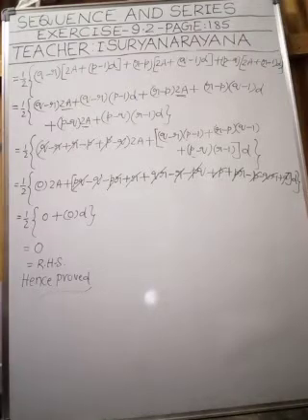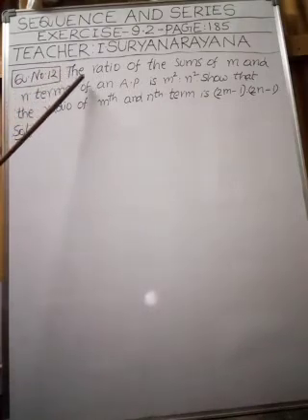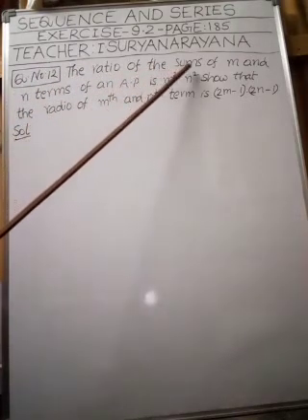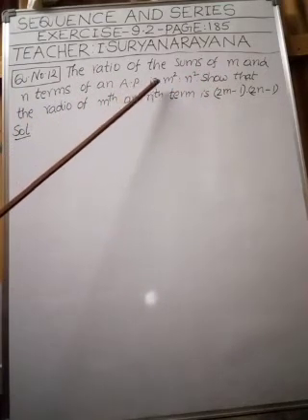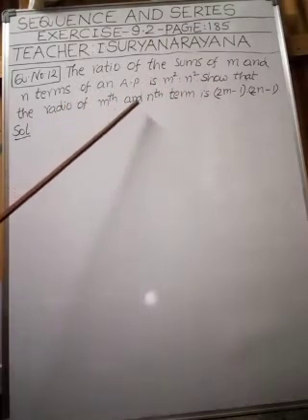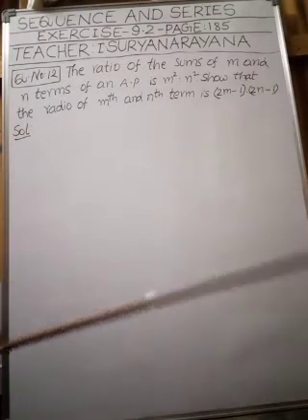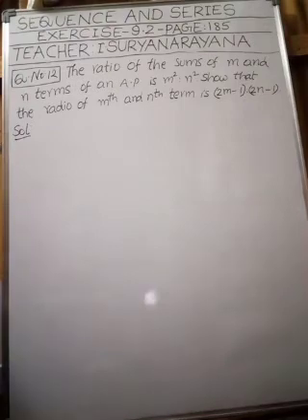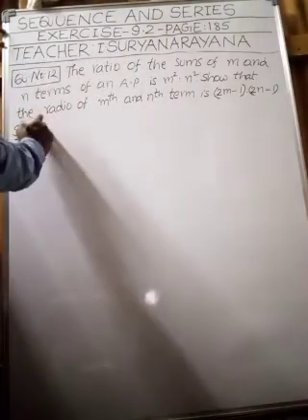Understood this question, my children? Right. Now come to the question number 12. The ratio of the sums of m and n terms of an arithmetic progression is m square is to n square. Show that the ratio of m and nth term is 2m minus 1 is to 2n minus 1. Understood this question, my children? Right. Here also let us assume that the first term of this arithmetic progression is a and common difference is d, because it is not given. Let us assume